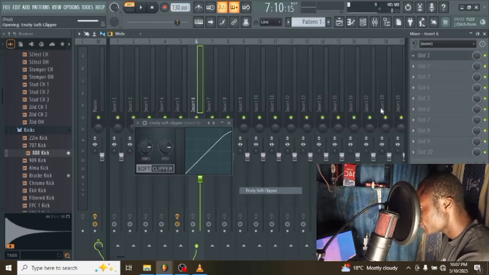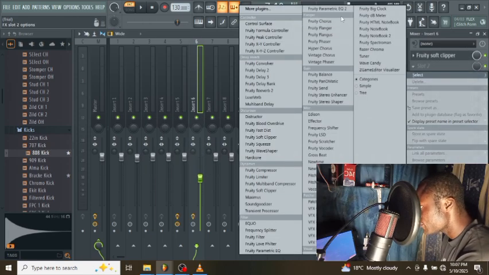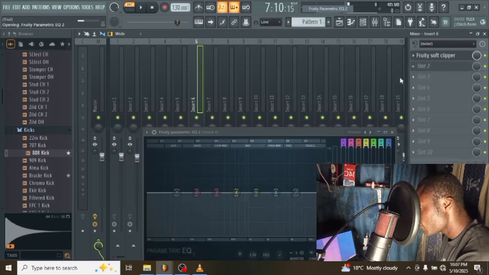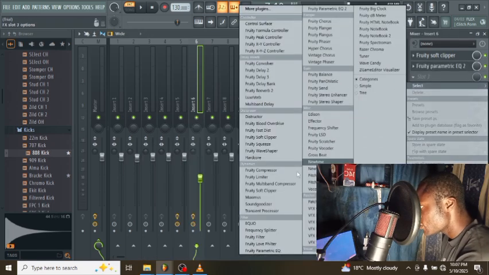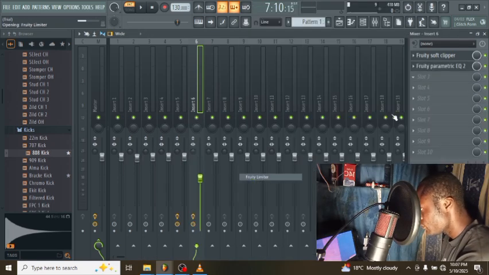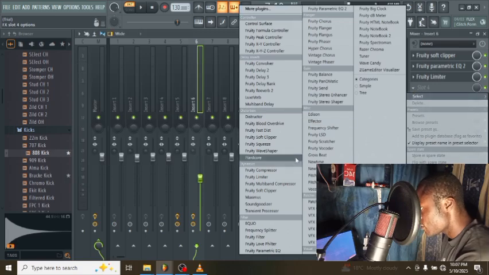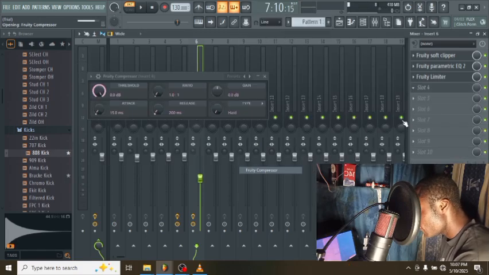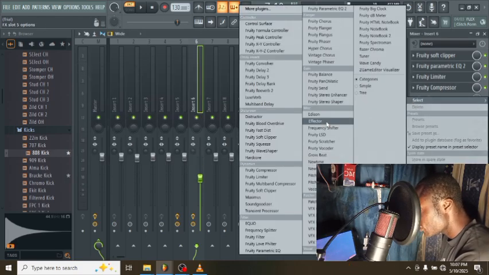Slot 1, a Fruity soft clipper. Slot 2, a Fruity parametric EQ2. Slot 3, a Fruity limiter. Slot 4, a Fruity compressor. Slot 5,